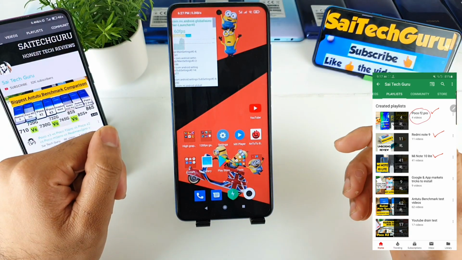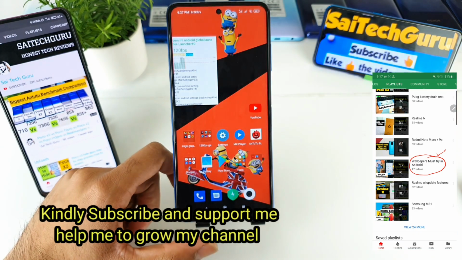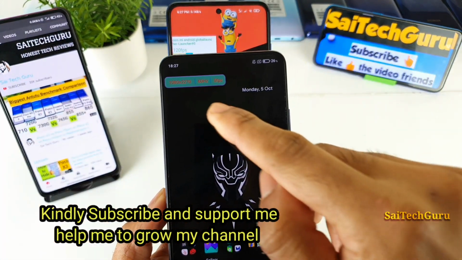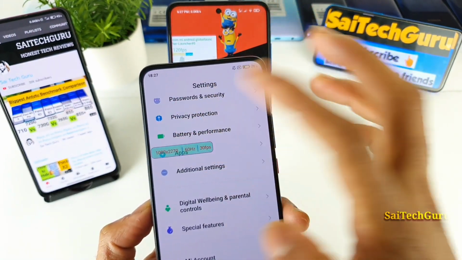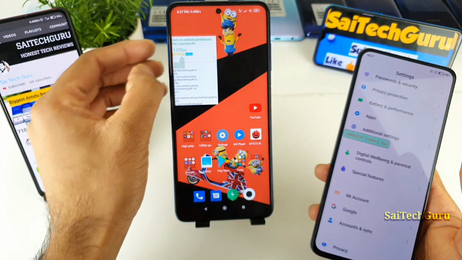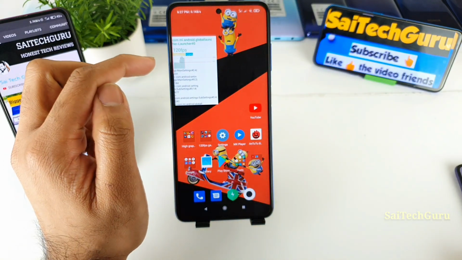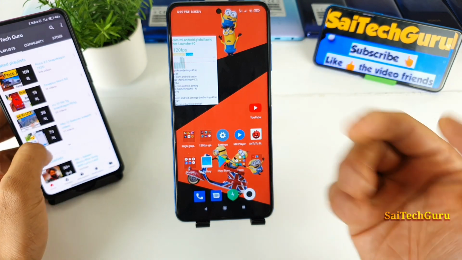And it is the default FPS count meter I'll be using in the Poco X3 device. So this is a default FPS count meter. You don't need to download anything. It was supposed to work like this, as you can see here. This is the Poco F2 Pro. It was supposed to work, but there is some error going on and I was not able to get this kind of small FPS meter. If you want to know how to get this FPS count meter, check the playlist of the Poco X3 so you can find that video.